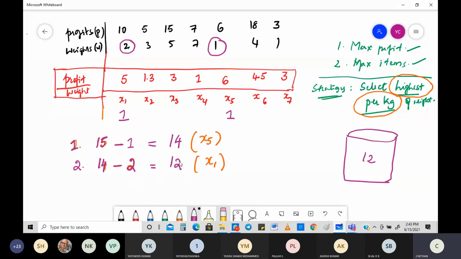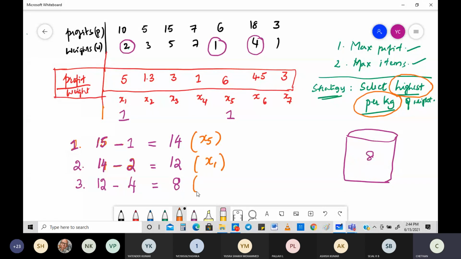Okay, then what is my next strategy? Next thing, again, very simple strategy. I'll check for the maximum denomination again. So who is having maximum denomination after 5? Obviously 4.5. Okay, see, 4.5 is having maximum denomination. So 12 is remaining. I'll go here. What is the weight of this object? This object weight is nothing but 4. Can I put all the 4? Yes, I'll put all the 4. So what will be remaining? 8 kgs. So this will become 8 kg now.